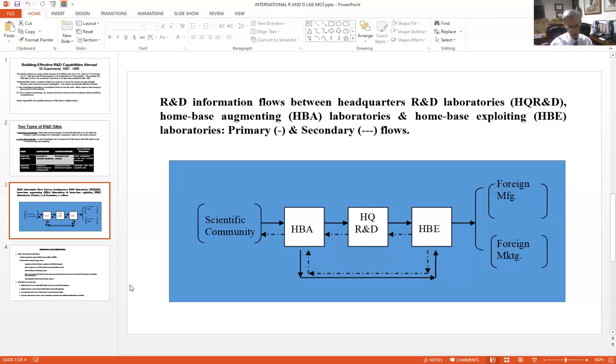But meanwhile, the headquarters research and development laboratories are able to provide knowledge and technology to the home-based exploiting laboratory, which can then provide support to foreign manufacturing operations where it is located, and to marketing